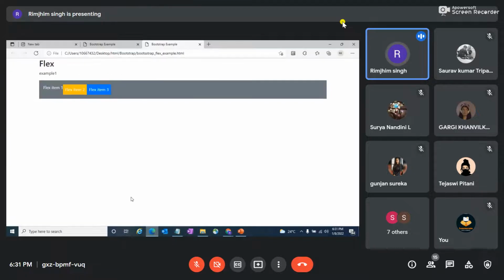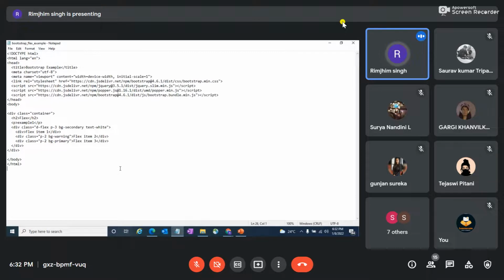If you see how my code ran, this does not matter, I can also remove this one, and then we can see how my output will be. This is normal CSS which we are adding to our bootstrap program. And this is a bootstrap class, d-flex p-3 bg-secondary, and then text-white.